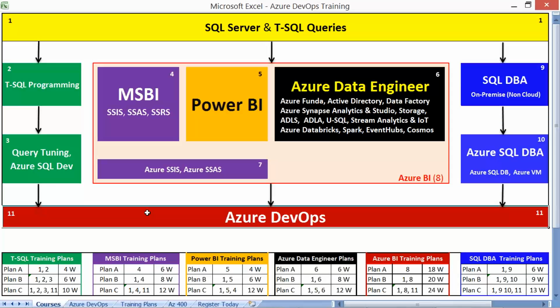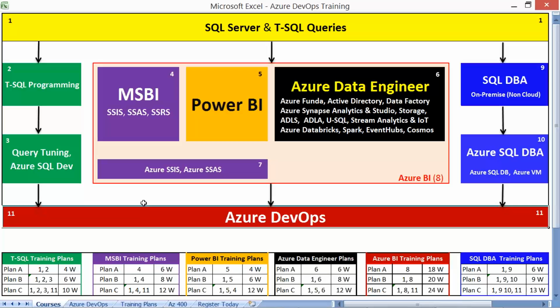Any prior experience on any Microsoft or non-Microsoft technology is fine to step into Azure DevOps. We'll start right from the basics of Azure, basics of DevOps, then combine together. We'll do it slowly, step by step.